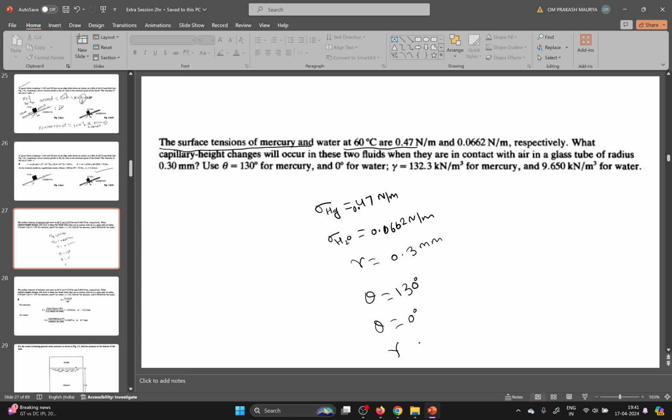Your unit weight of mercury is given as 3 kilonewton per meter cube, and for water, gamma for water H2O is given 9.650 kilonewton per meter cube. So if you know the formula for this question, you can easily get the answer. So here you need to calculate your capillary rise and fall. H is equal to,